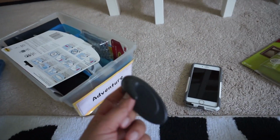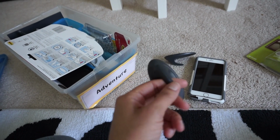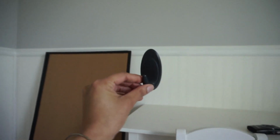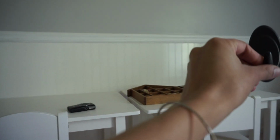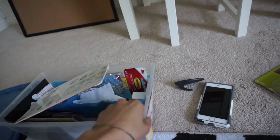And while I'm here hanging things, I'm gonna hang these 2 little hooks. I had these in the bathroom at my old house, and I'm gonna put them on the sides of either desk so the girls can each have a bucket with their pencils and just a few things that they reach for, so when they're doing arts and crafts or writing or whatever they want to do, they can reach for them. I've been using this bin for a long time for adhesive stuff and hooks and Command brand everything,